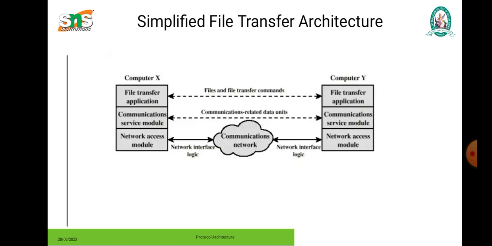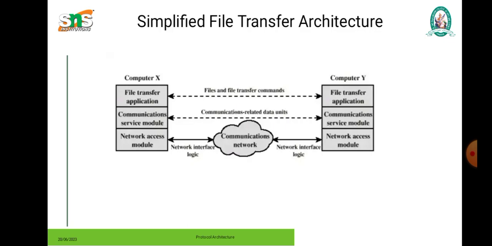This is a simplified file transfer architecture. Computer X is the source system and computer Y is the destination system. They use three categories of protocol architecture. The first is the file transfer application, the second is the communication service model, and the third is the network access model. The file transfer application transfers commands and files to computer Y, and